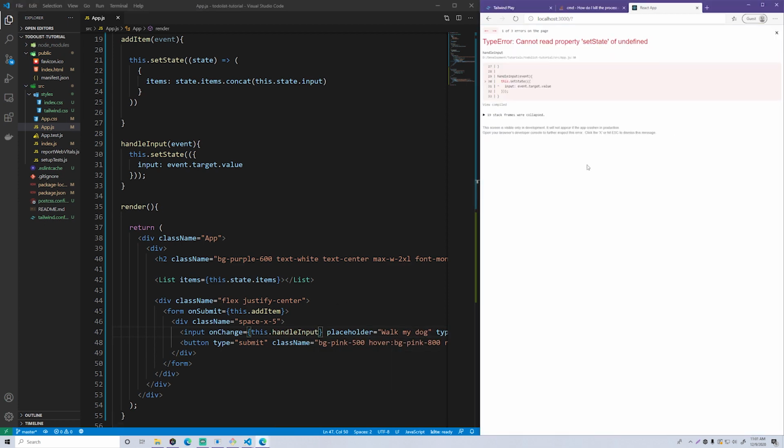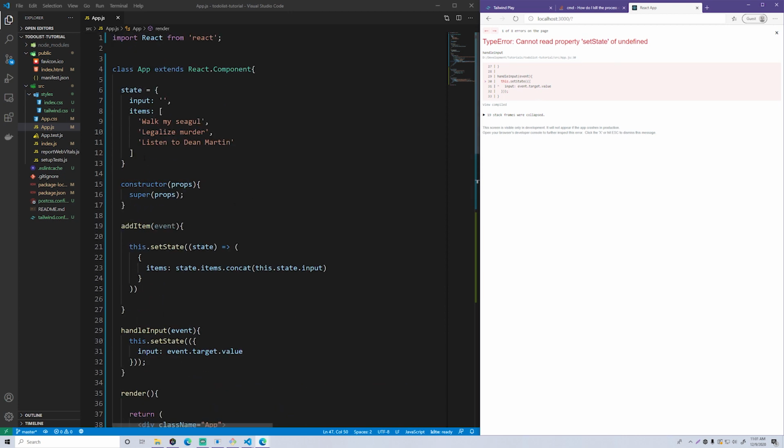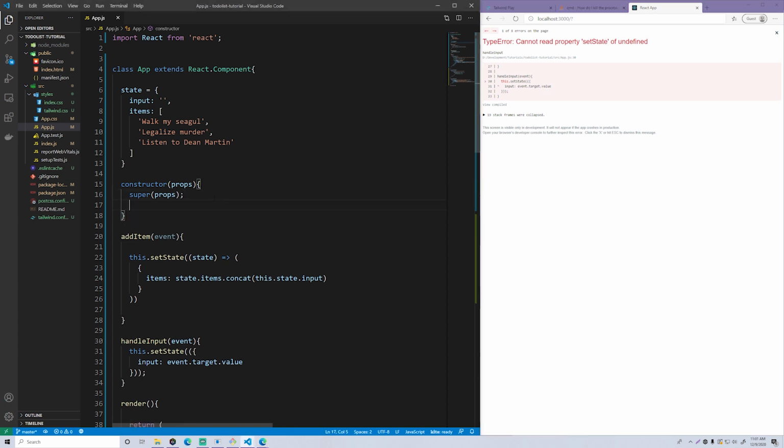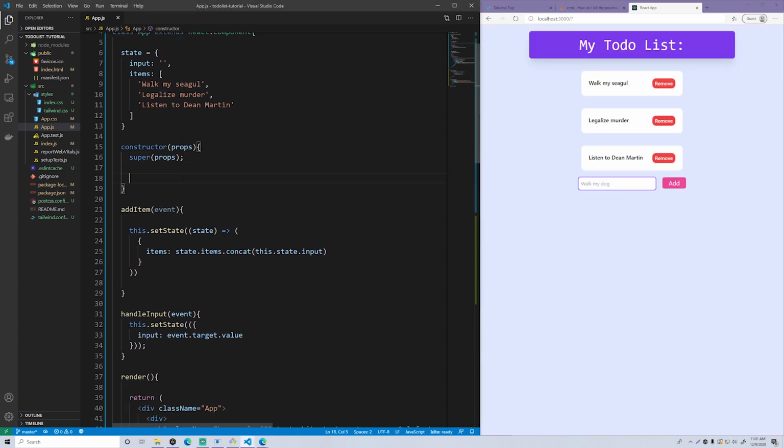So if we type something in there, we get an error. It says cannot read property setState of undefined. Well, that is because what we need to do is actually bind our functions in the constructor here, I believe. So let's try that out. In this case, we can do this.addItem is equal to this.addItem.bind(this).